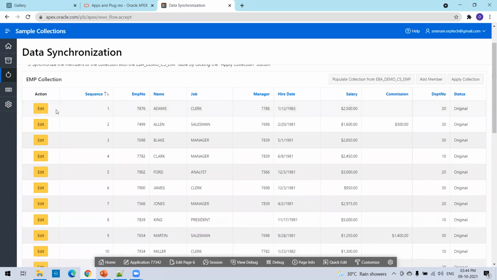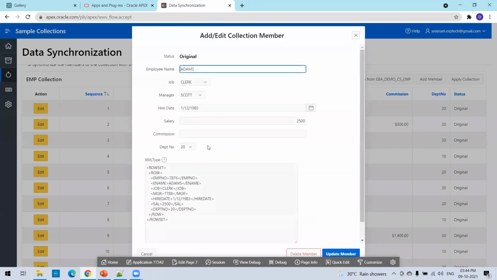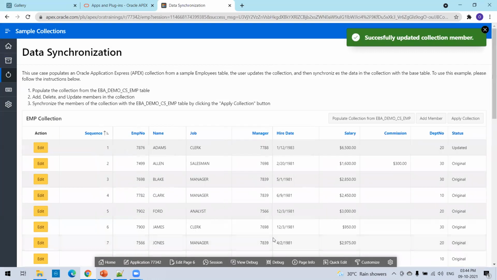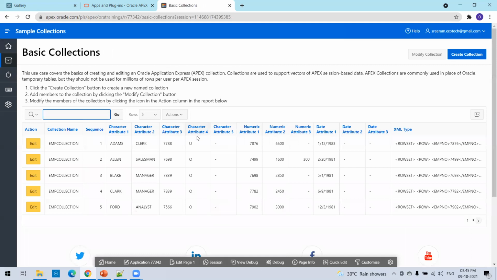Okay. Now this is my collection. And here I'll just modify some value. Let us say salary is 6,500 like this and update member. So member is nothing but a record in a collection. Okay. Now close it. So we'll navigate to the first page again. Now we should be able to see that particular collection also.